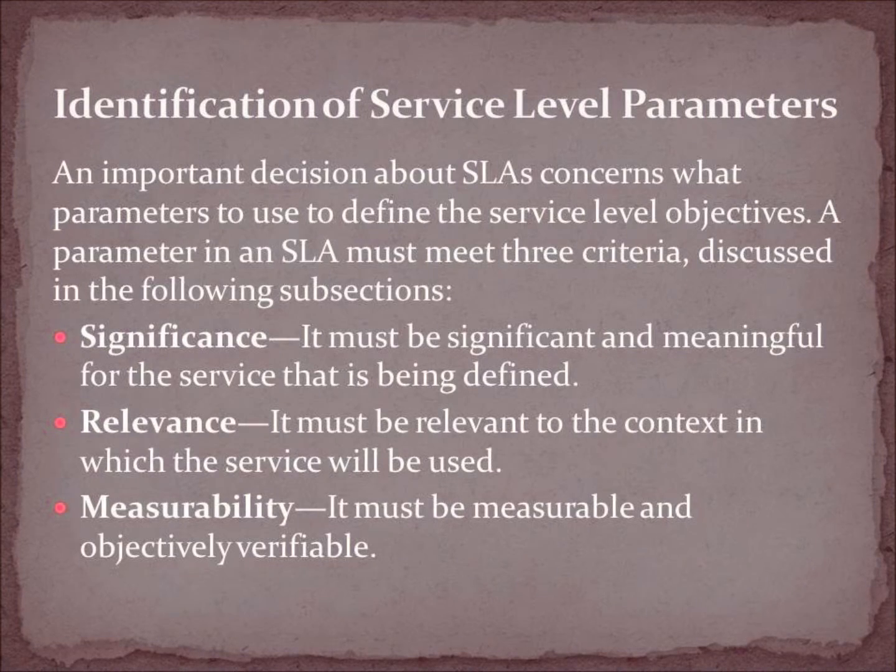Which parameters to include is often highly dependent on the context in which the service will be used. Consider the example of an SLA for a data connectivity service. If the connectivity will be mainly used for file transfers to perform payroll processing, it makes little sense to define service level objectives that relate to jitter or end-to-end delay. On the other hand, if the same data connectivity service is purchased by a video service provider that intends to stream live TV over the link, the same parameters could very well be of high importance